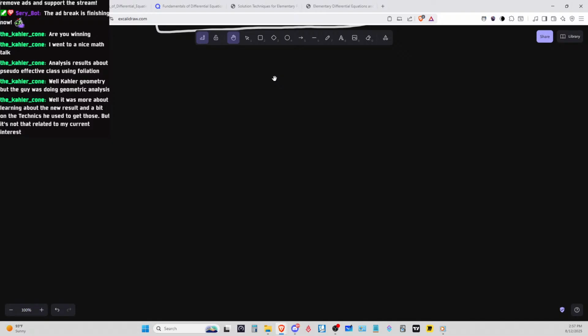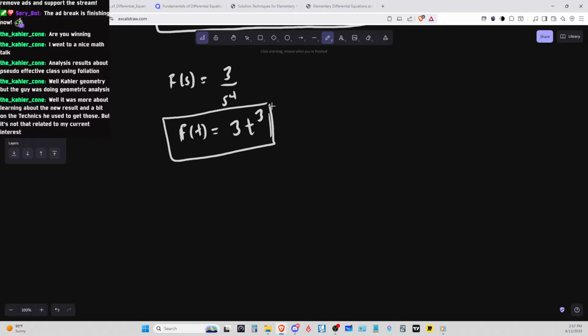Okay, so now we're doing inverse transforms. Let's see if we can do the opposite and figure out how this works. So we got 3 and 4. The way this looks, it looks like we got the transform of 3 times t to the 3rd. I think that's an easy one. So for B, we got